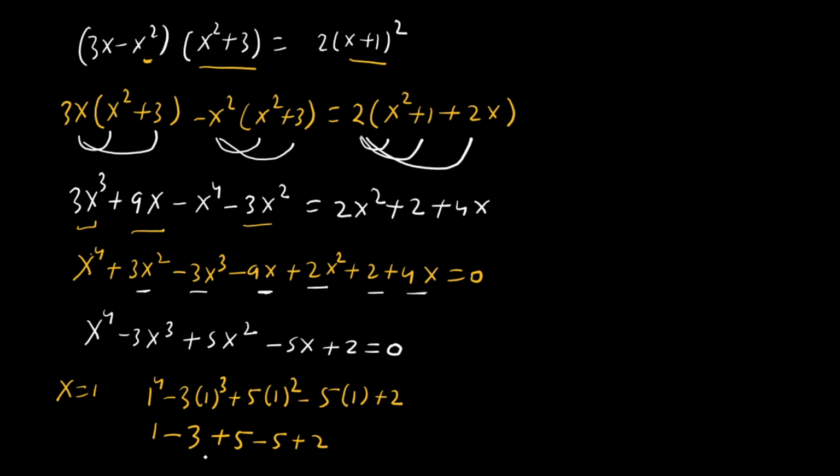Then plus 5 and minus 5 cancel out. 1 plus 2 is 3, and this is minus 3. This is equals to 0. It means x equals 1